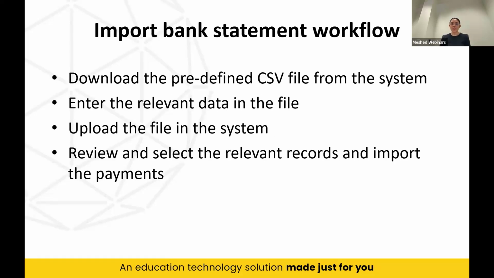First thing, like most of the other optional solutions or optional modules that we have in the system, this import bank statement comes at a once-off activation cost. I'll be moving on towards the